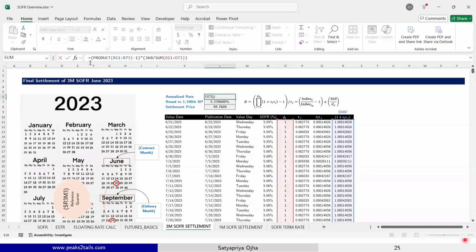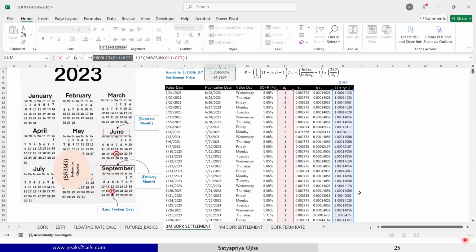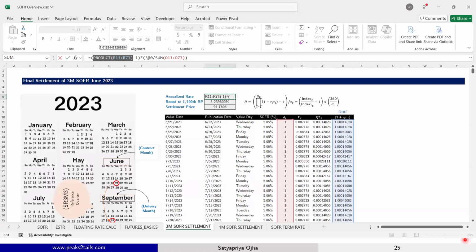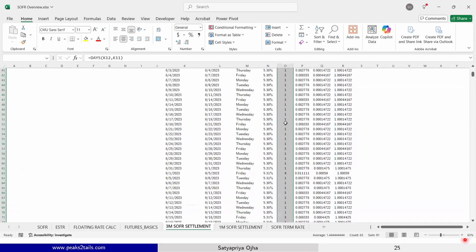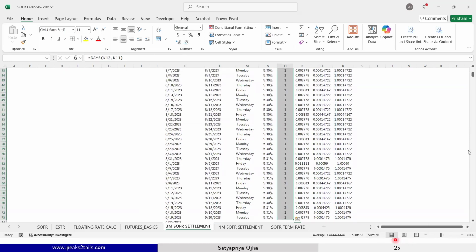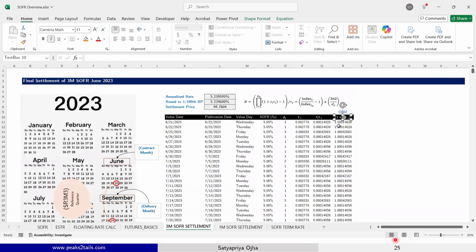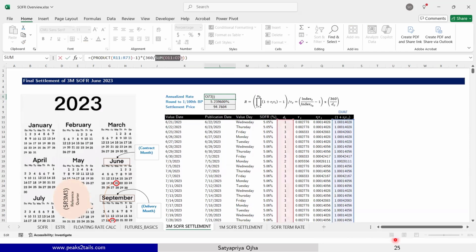So if you look at this formula, the product of this is 1 plus R times D by 360, all of these, minus 1, annualize. 3 times 360 divided by total number of calendar days. Total number of calendar days will typically be 91 for 3 months. Okay. So if I just highlight this, the sum is 91, right? So for 91 days, you calculate the compounding factor, then calculate the interest and annualize. This I hope is 91. Yes. And you get the rate